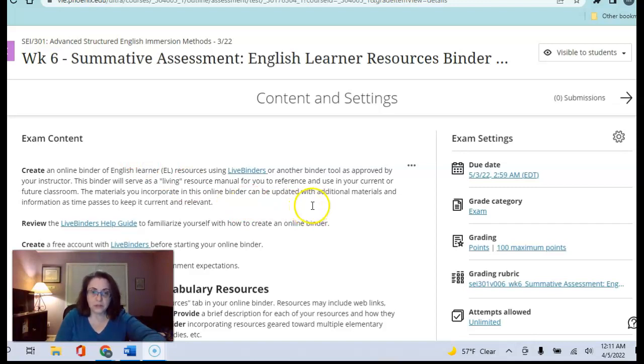This is sort of a large assignment, and the lessons that you will be creating for weeks 3 through 5, you will probably stumble upon resources that could be included for this final week 6 assignment. So with anything, it's always important to work smarter, not harder. For this assignment, what you will be doing is creating an online resource binder website using LiveBinder, where